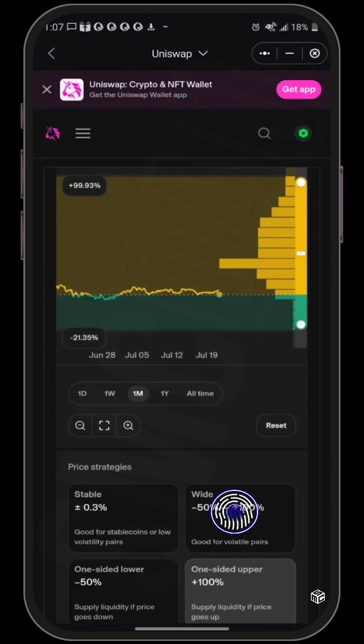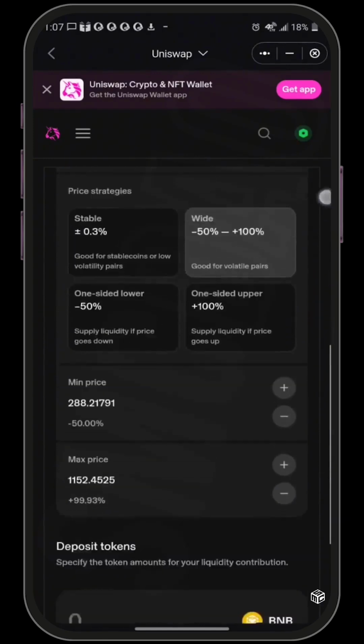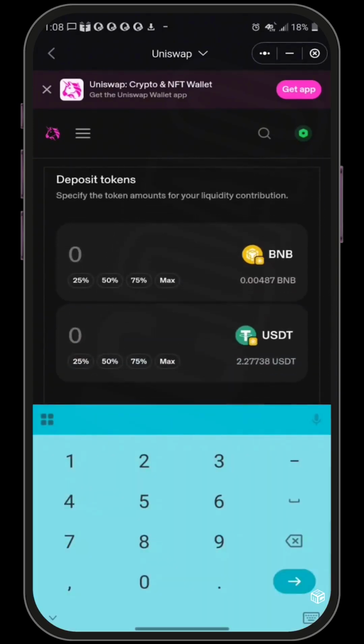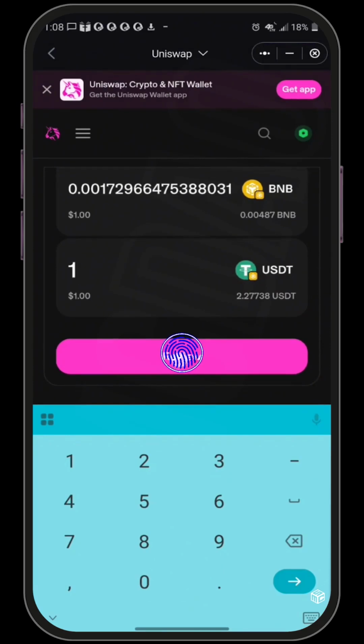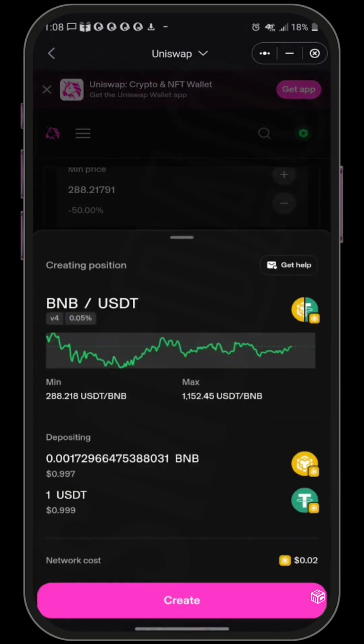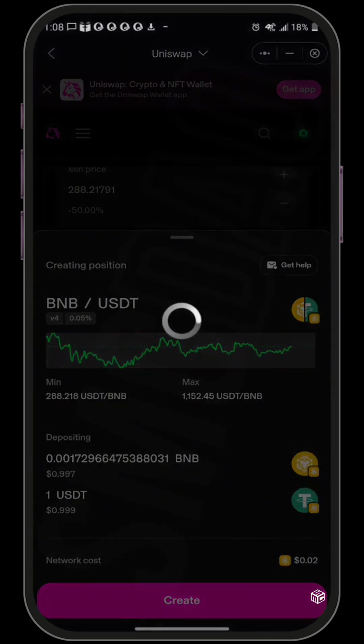So now once you've chosen your preferred strategy, right, just scroll down and enter the amount that you want to provide. So once you have entered for one token, right, Uniswap will automatically calculate how much of the second token is needed so that both tokens are supplied in equal value. So tap review once you are done. Now review the details carefully and then tap create. Now once it's successful, your liquidity position will appear under your positions and you'll begin earning a share of the trading fees generated whenever users swap tokens